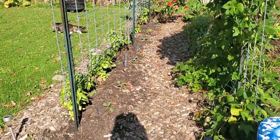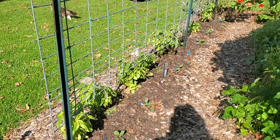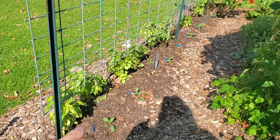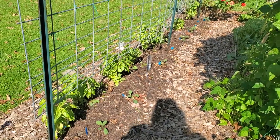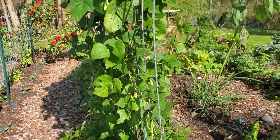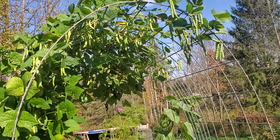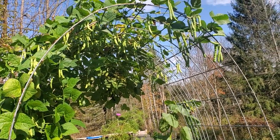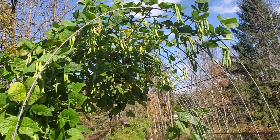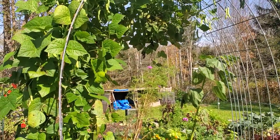You can see that the basil is doing remarkably well here. We haven't had any frost for it. Down here is some dinosaur kale, and they're doing good. They're getting their leg up. As you can see, the green beans have gone nuts, but they're getting a little big. So I'm going to try drying them and maybe picking the seeds out of the pod, and cooking them this winter, if I can get to it. I wasn't available to harvest it, so